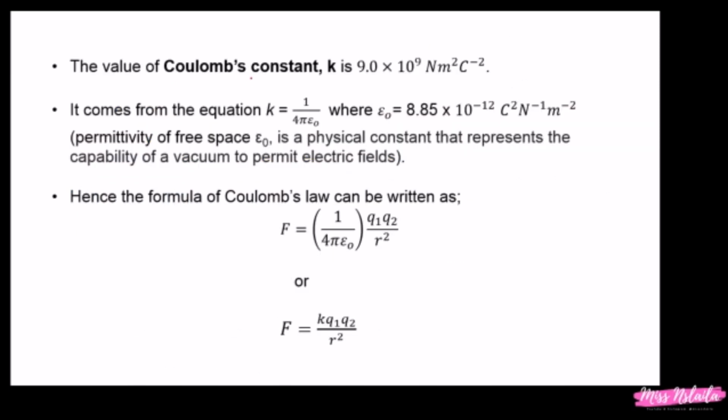The value of Coulomb constant K is 9 times 10 to the power of 9. It actually comes from this equation. Okay, dia derive daripada equation ni. K equal to 1 over 4 pi epsilon naught, where epsilon naught is 8.85 times 10 to the power of negative 12. This is the permittivity of free space, which is a physical constant that represents the capability of a vacuum